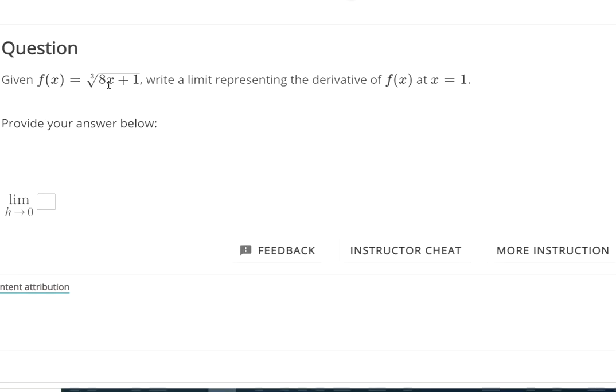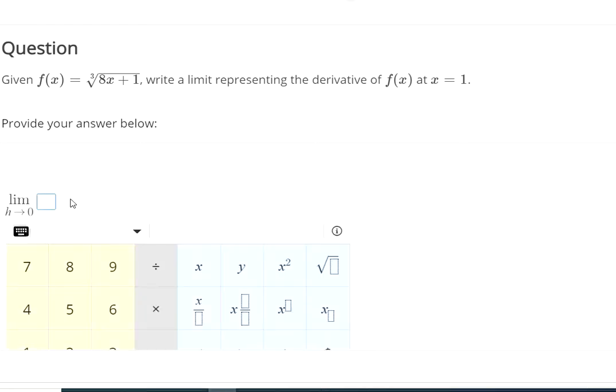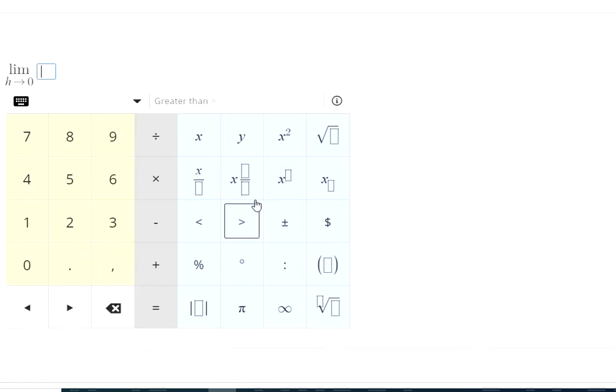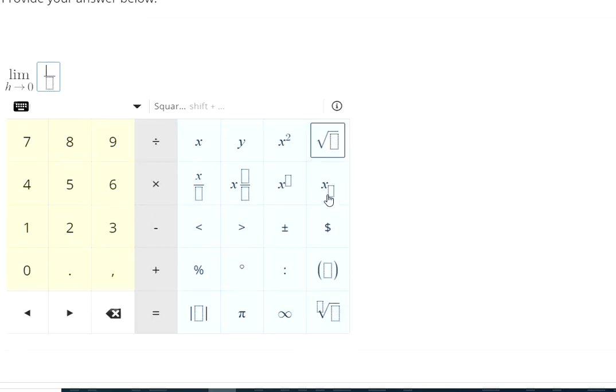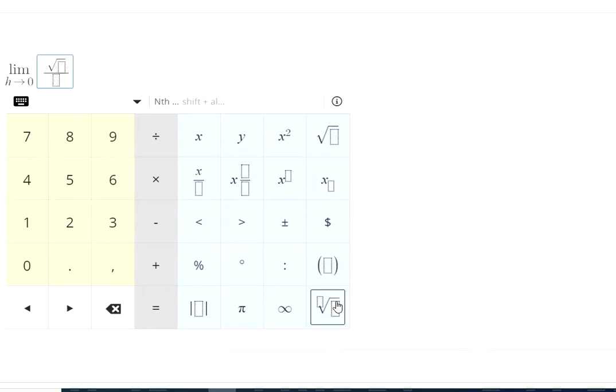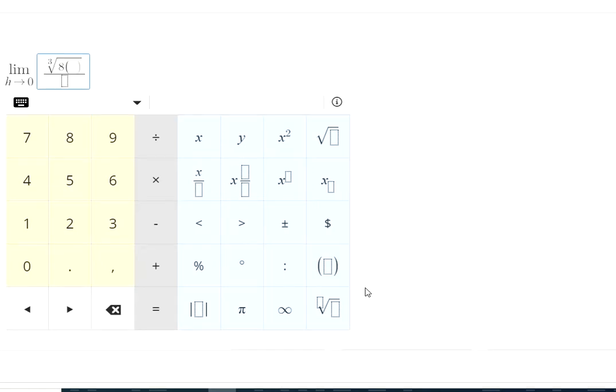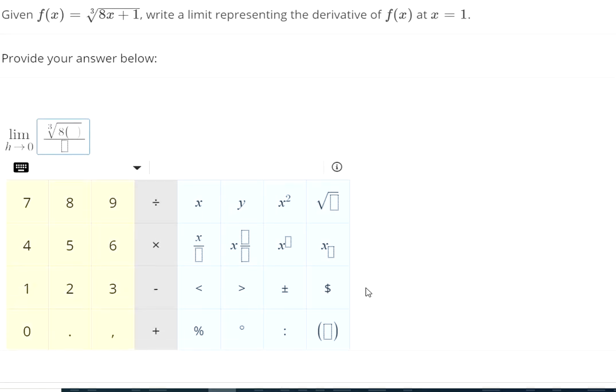Okay, so they give us a function. We're supposed to write a limit representing the derivative at x equals 1. So this one, they have us set it up for the second limit notation, the one with h that we just saw. So that means, well, we need our fraction first. And the top, I need a cube root. So there's a button that lets me put a 3 for a cube root, and now it's 8, and then we're centered at 1, so I'm going to plug in h plus 1, and then there's another plus 1 on the outside,